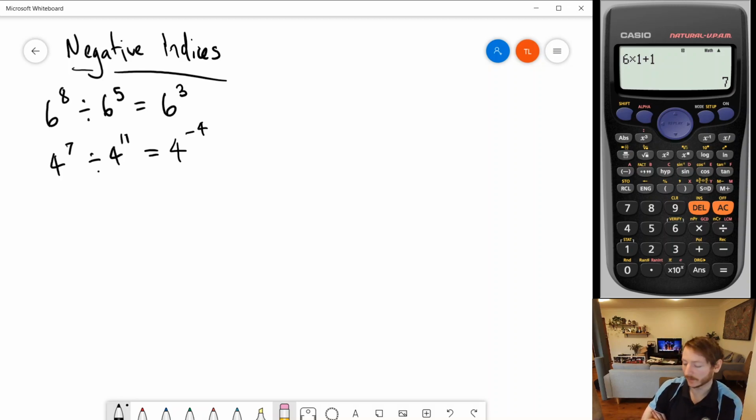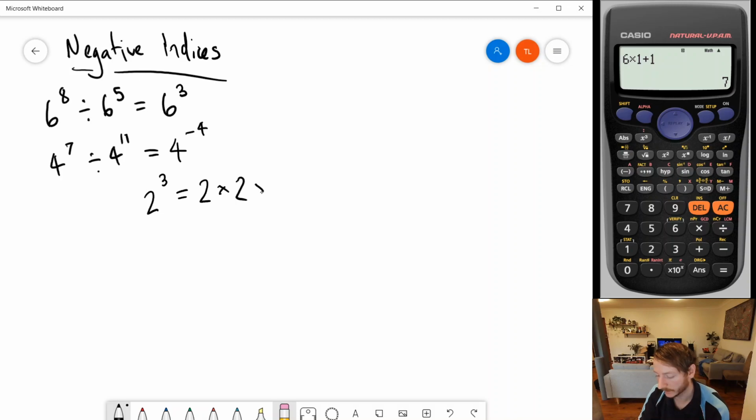Now, I would be asking you at this point whether you think you can actually write that. But the answer is that you can. 4 to the negative 4 is a legitimate answer. But we just need to understand what it actually represents. And to do that, we can have a look at a descending list of 2 to the power of something. So let's try 2 to the power of 3